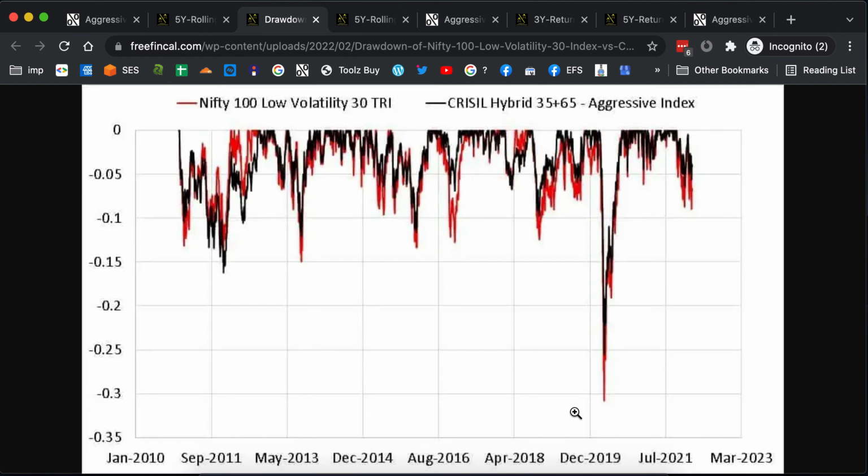Now let's compare the drawdowns, that is a fall from a previous maximum. The black line is the hybrid index and the red line is the low volatility index, and you can see that the black line has got a little bit lesser drawdown. So the fall from a maximum is lower in the case of a hybrid index, again because of the lower equity